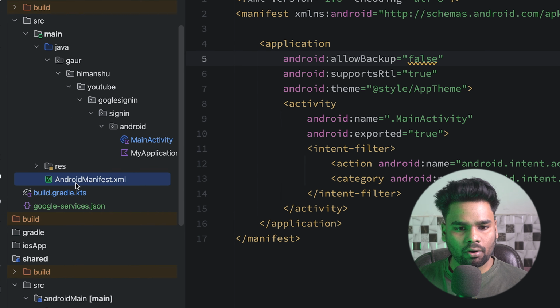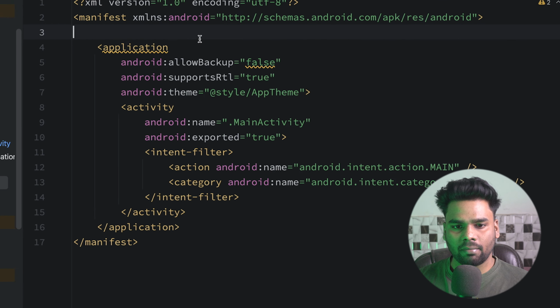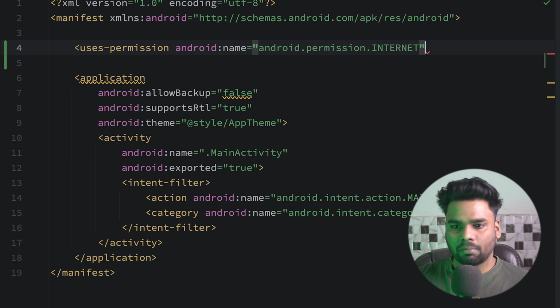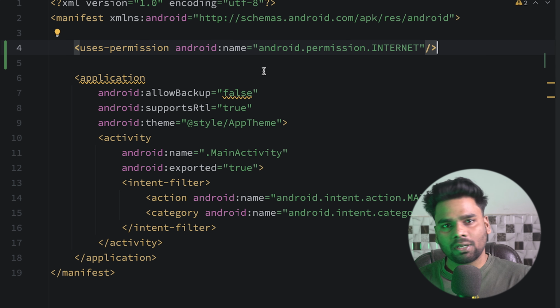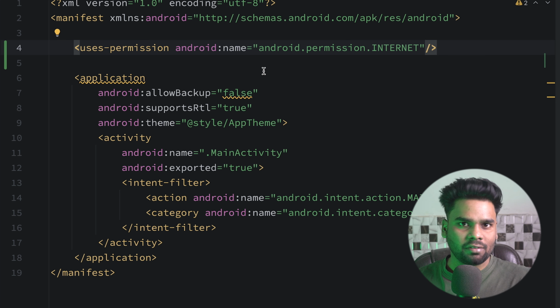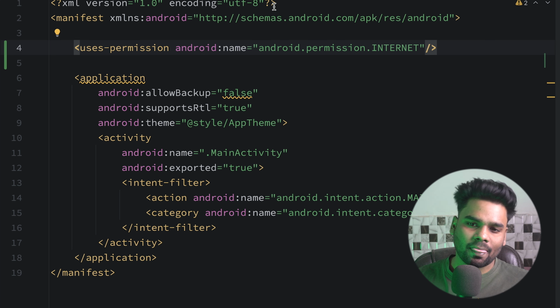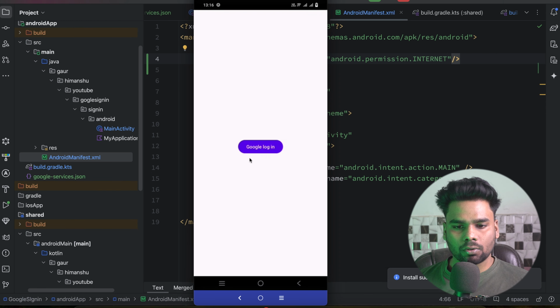Now go to your Android main manifest, and here make sure to add internet permission, because as I told you, there are some network requests going on. Alright, so now I'm going to execute this application on my physical device, because my physical device contains Gmail accounts. So execute it. Okay, so when I click Google login,